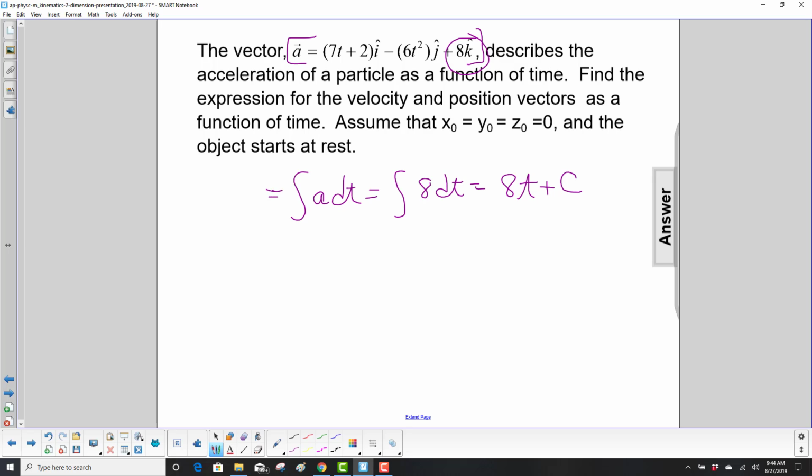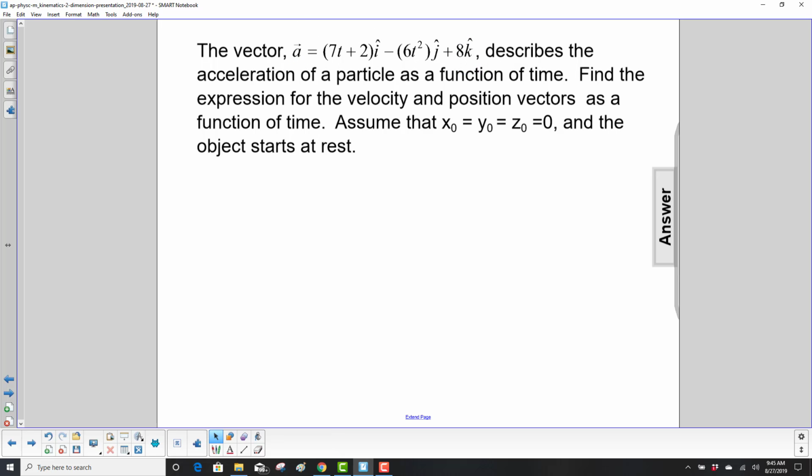Well, let's see. Here's our velocity. So velocity at time 0 is 0 in all three directions. And if we substitute 0 in for time, we get 0 plus c. So our constant is 0. So that will apply to all the different integrations we do here. So that kind of makes it simpler. So let's erase this, and then we can go right to our solution,